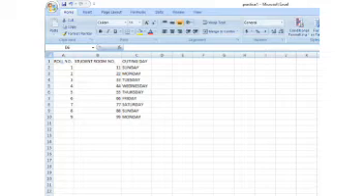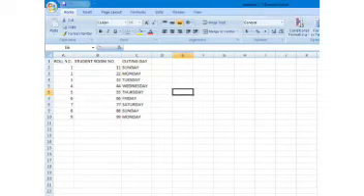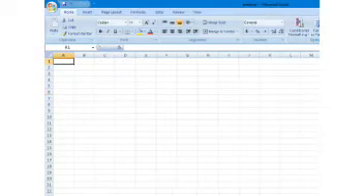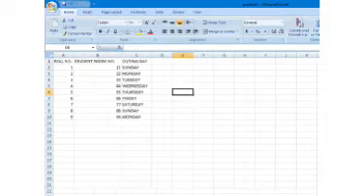This data I have created in sheet number 1. Sheet number 2 is empty and sheet number 3 is also empty.